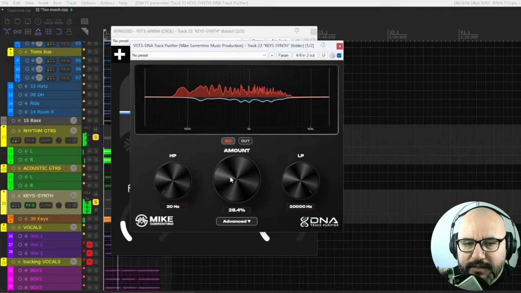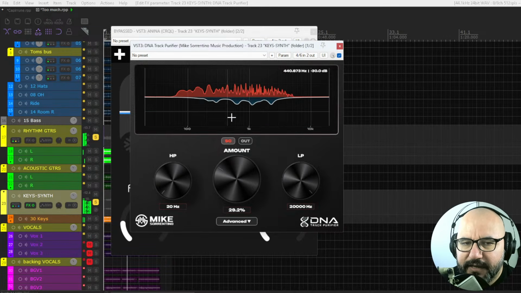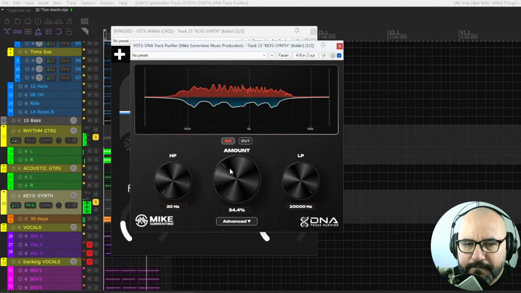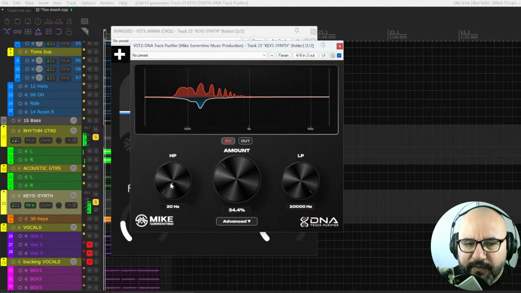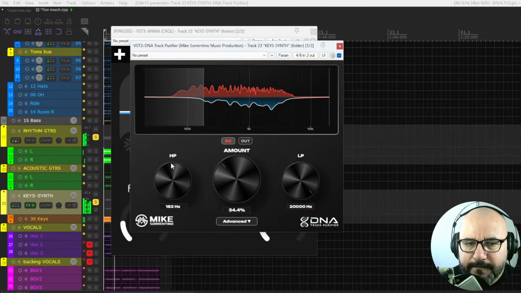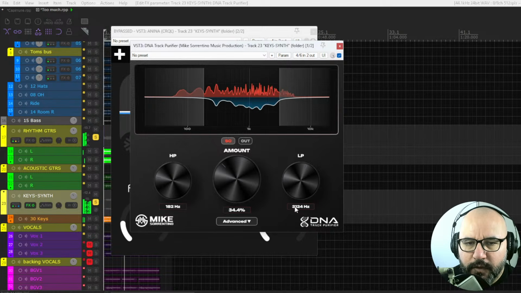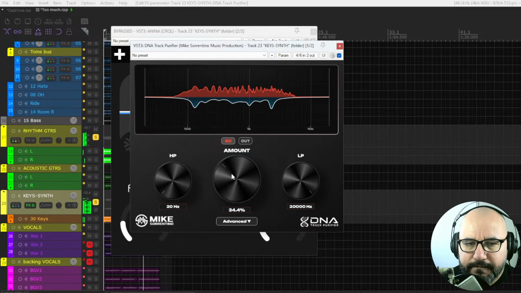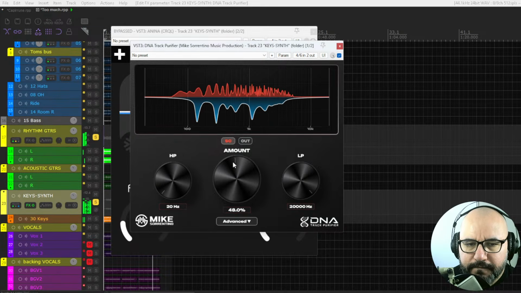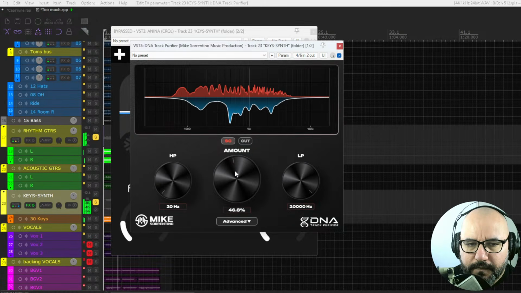Yeah, I think it's more precise with the reduction. And if we want to reduce the range where this is working, we can do that with the filters. Okay,